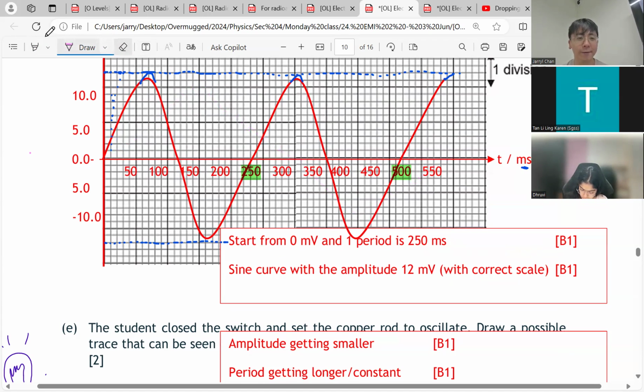If I draw in my points first, if you struggle to draw like me, if you plot in the points first, you will see it becoming easier. 450 at the top. 450 cutting blue and 600 in the